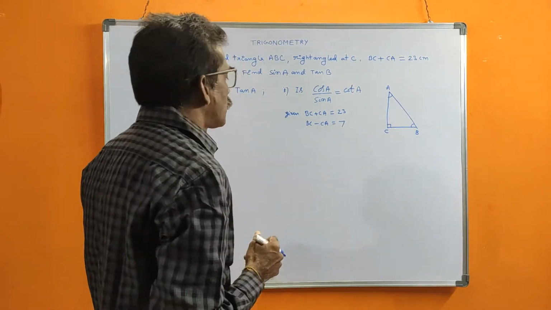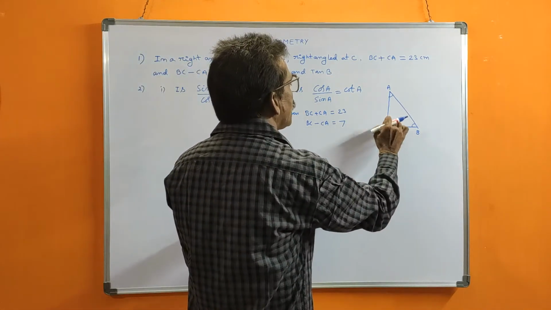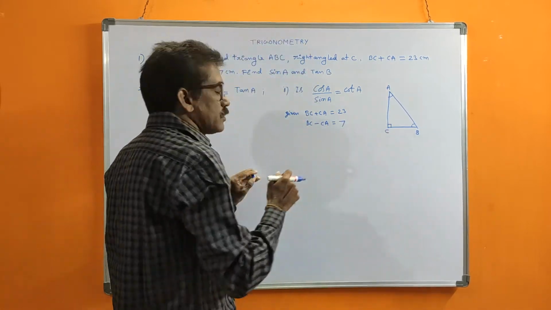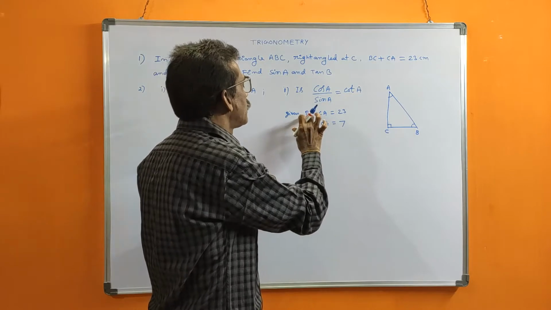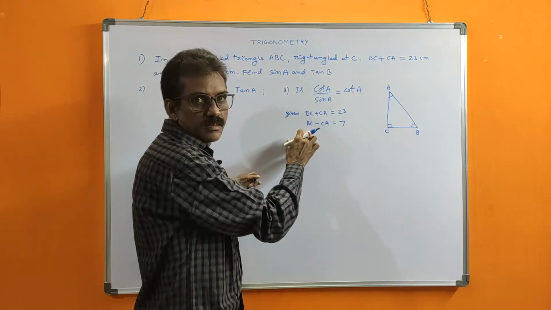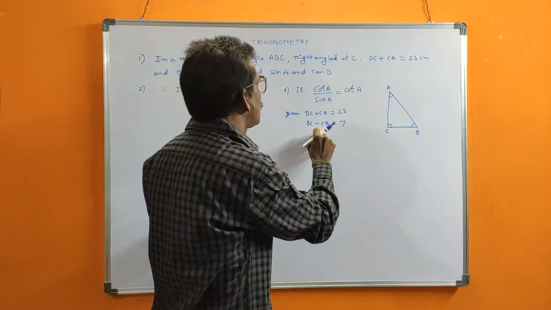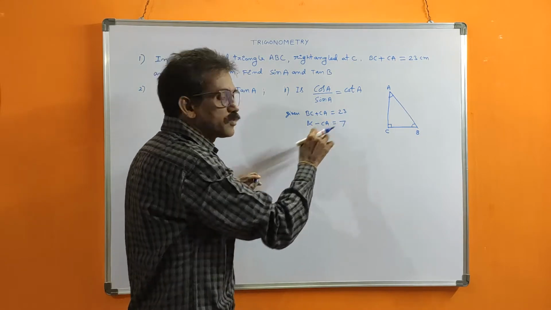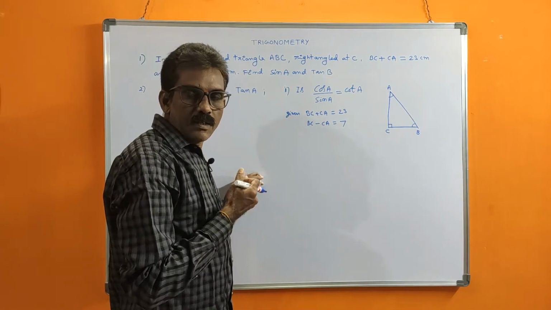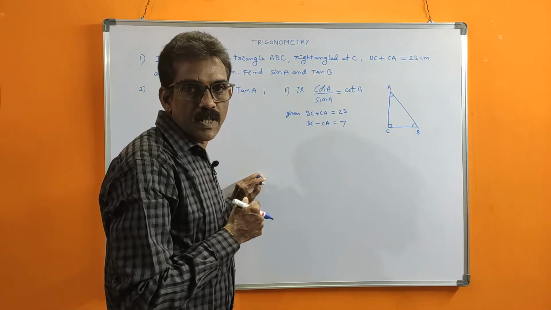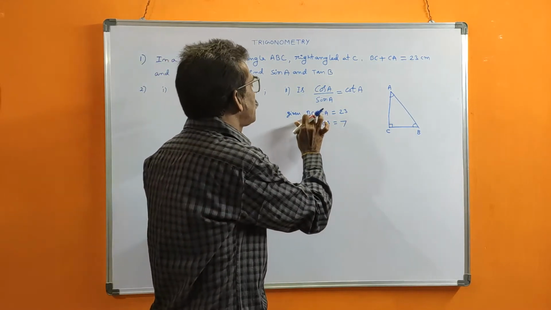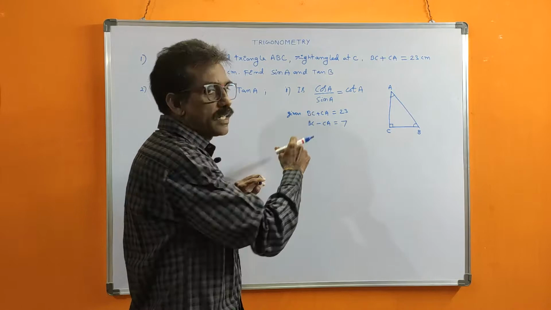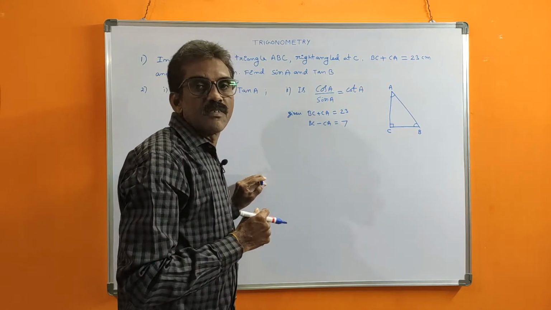Now BC plus CA we cannot write here, as that does not belong to any sides. See, these are simultaneous equations, two equations. The variables are BC and CA. Suppose A plus B is equal to something, A minus B is equal to something. Like that in algebra, maybe in 9th, you solved for the variables X and Y. Like that here, think of BC and CA as variables. So you should find the values of BC and CA. Like that we can solve these equations.